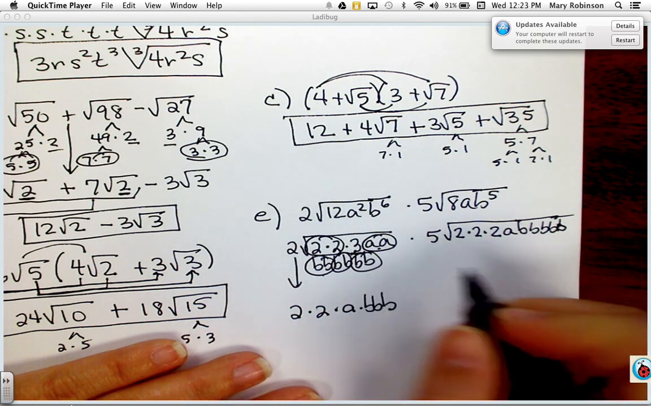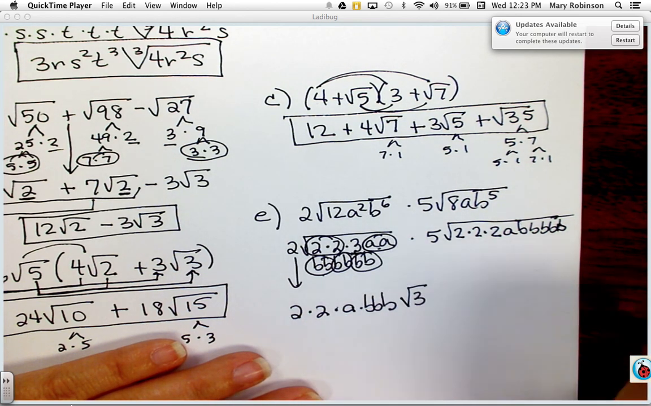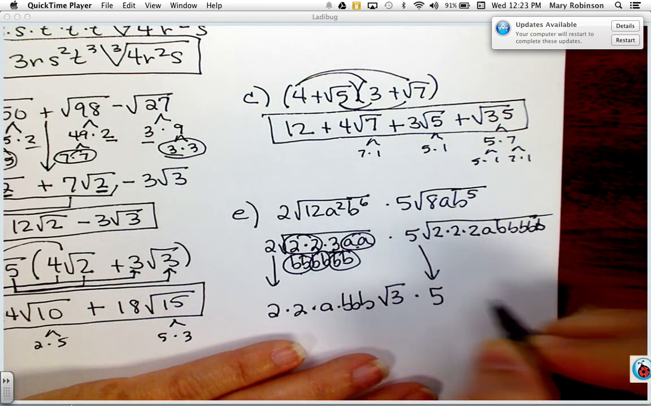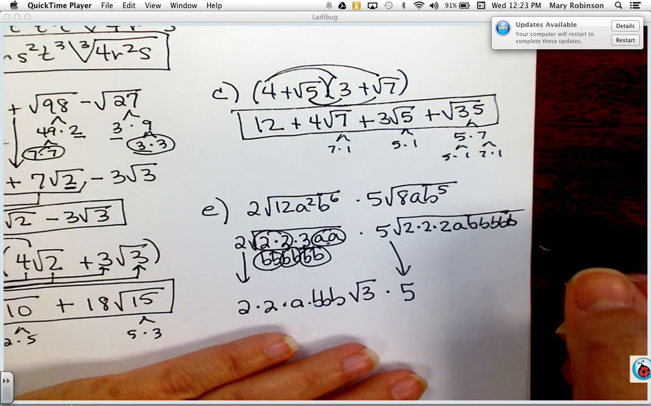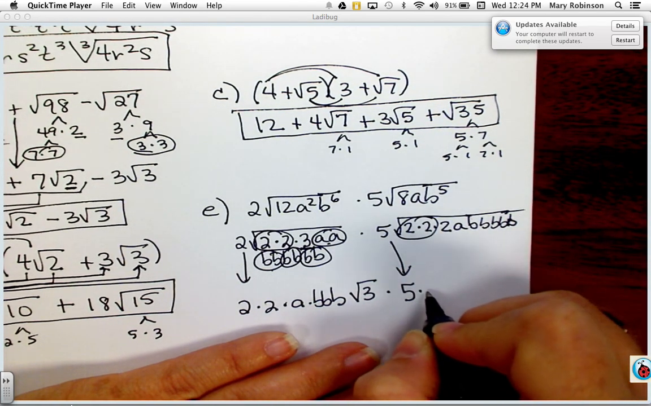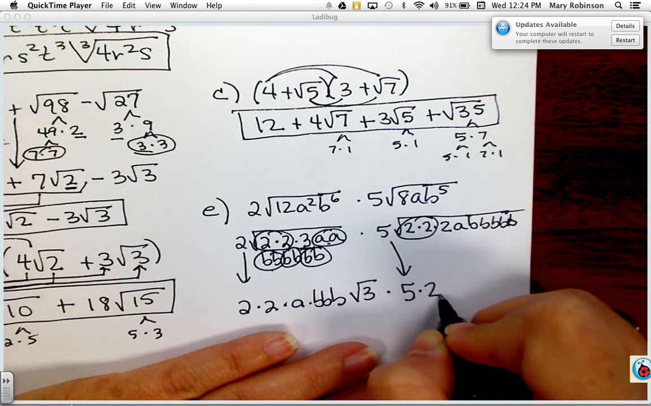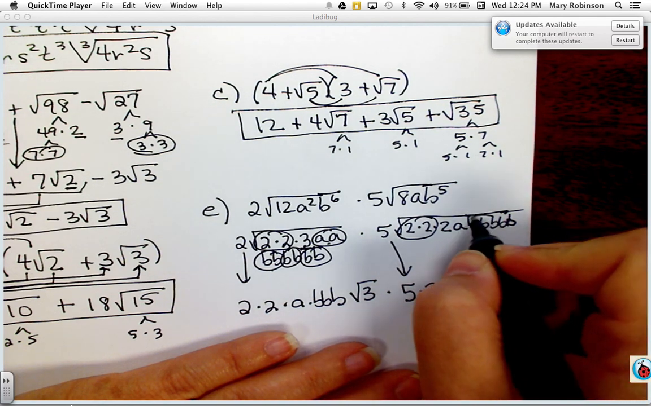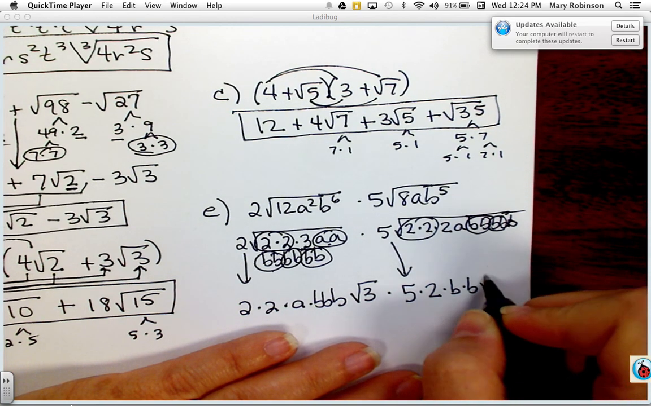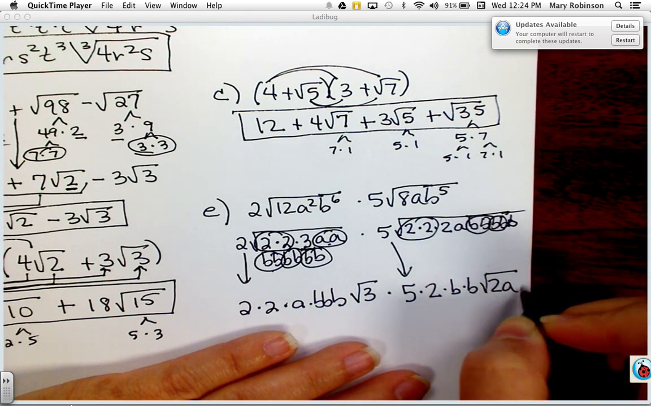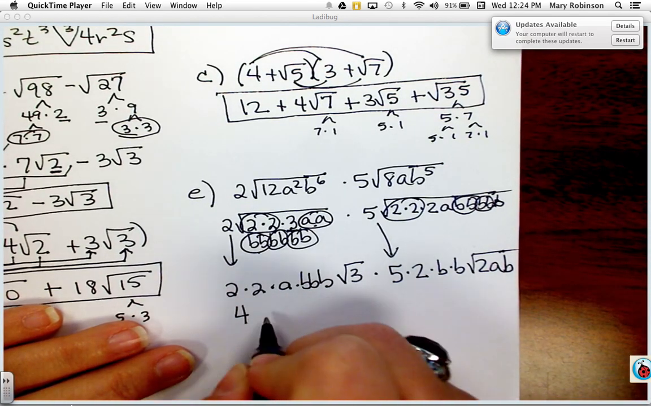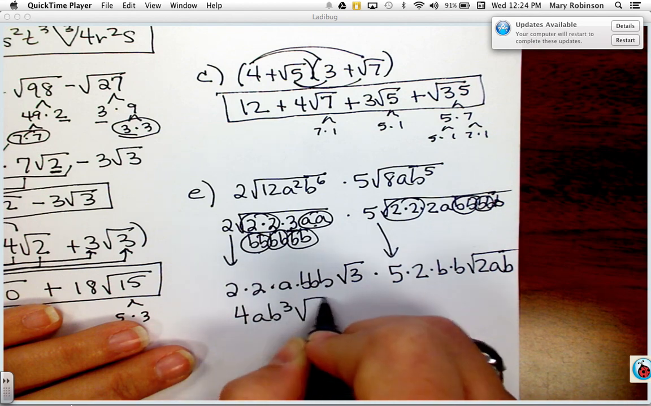Whatever does not get paired up remains in the radical. Now again, I'm going to bring down my 5. And I have a pair of 2's. And 2 pairs of b's. Square root of 2ab. Now if I multiply the outside, I get 4ab cubed, square roots of 3,